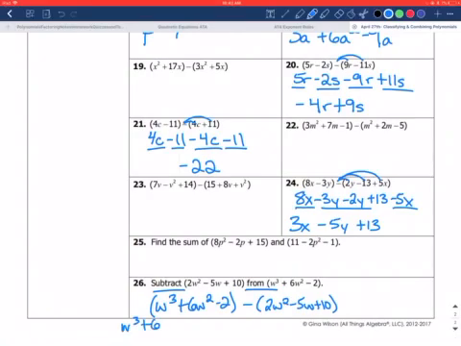Now we can go ahead and drop our parentheses and distribute this and change the signs. So we have w to the third, and then we have 4w squared plus 5w